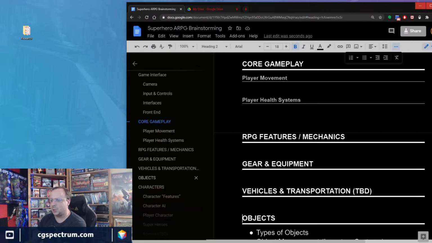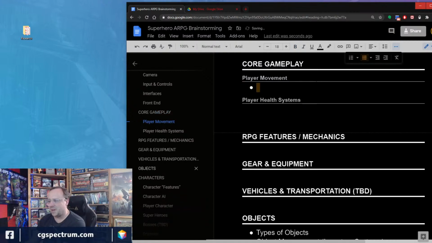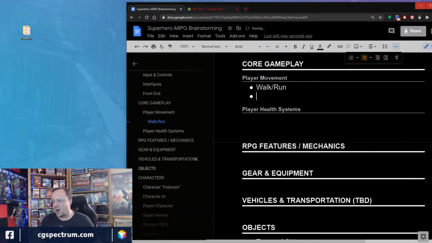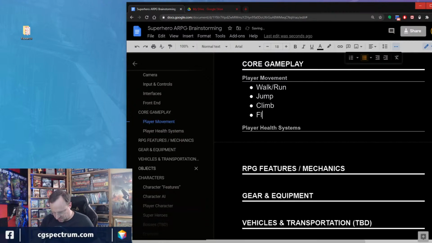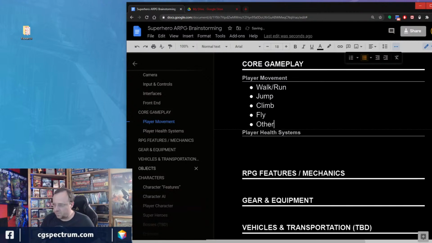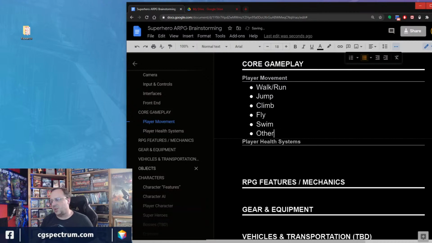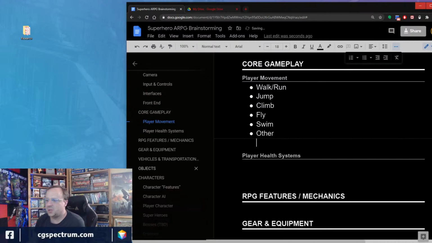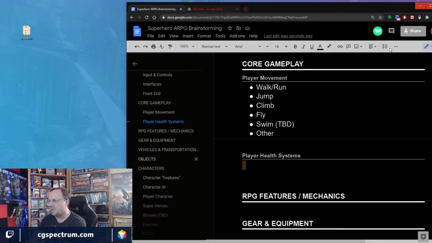And now I might come back up to core gameplay, like player movement: walk, run, jump, right? Again, these are just quick ways of trying to understand what are the things that we want to have in here, right? And this might be TBD, maybe that's something we know for sure we want, maybe it's not, right? And so then we might have things like